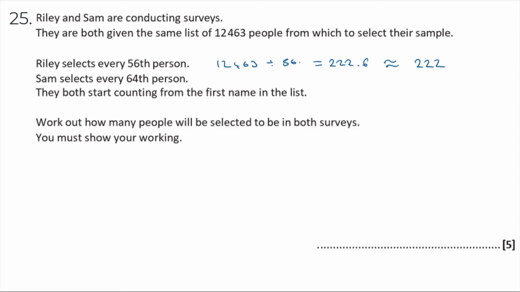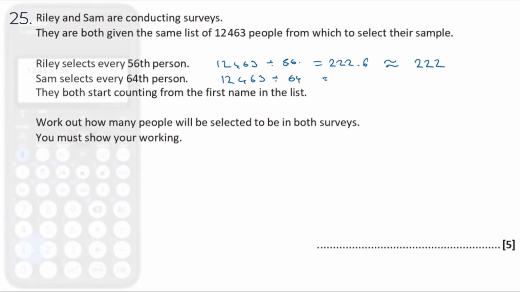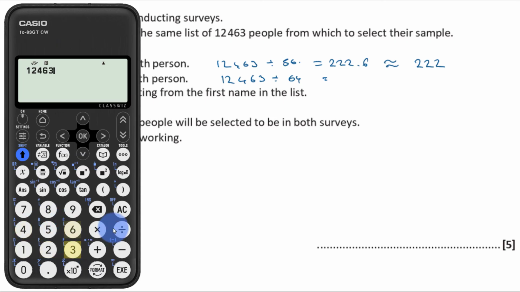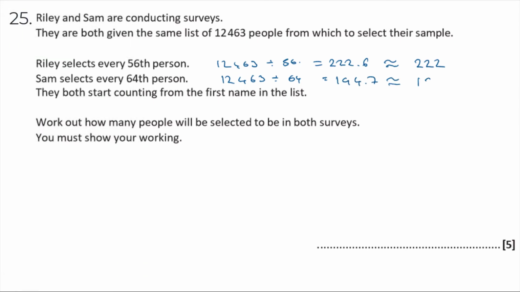And then for Sam, he's doing the same thing, but he's going through every 64th person. So what does that come to? 12,463 divided by 64 comes out to be 194.7. Now again, I'm going to have to round that one down, because with that 0.7, you're not going to get to anyone in the list before you get to the next 64th person. So you go beyond the end of the list, haven't you? So it's going to be 222 and 194 selected people. So then adding those together, that's